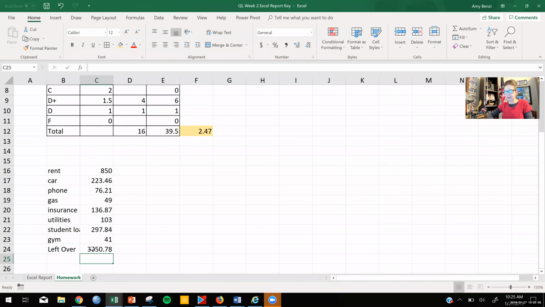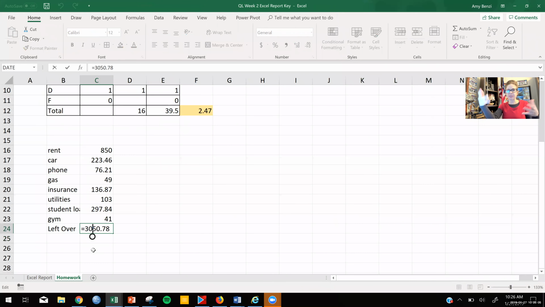So my leftover is the total amount that Edwin makes. I guess I should have mentioned this as a budgeting problem. I'm putting in his rent, car, phone. These are all of his expenses, and his income is $3,050.78. Now, from that amount, I'm going to subtract the sum. So that's minus SUM,